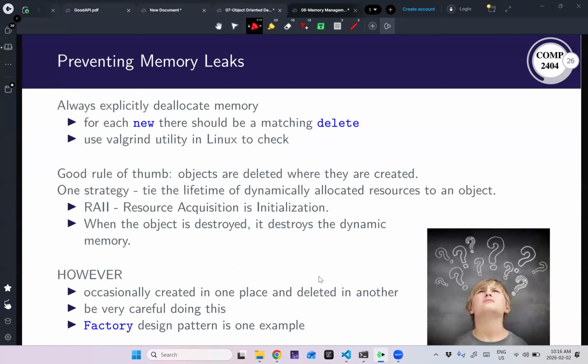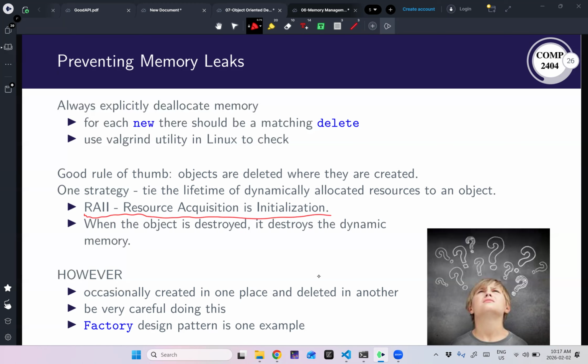So that leaves us with, how do we make sure that we don't leak memory? For C++, it's always a good idea to have a memory strategy up front. There are multiple memory strategies. We're going to teach you a popular one. Just because it's popular doesn't mean it's right in every context, but it's good for the size of programs we're doing. So this is resource acquisition is initialization. Why those particular words in that order, I have no idea.